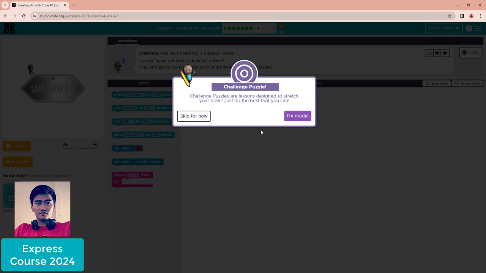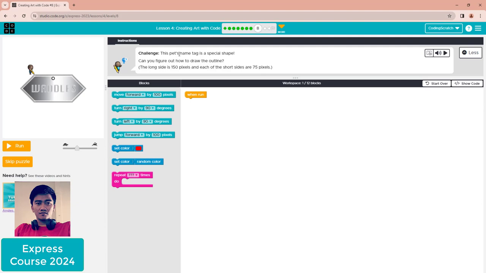Okay, this is the challenging puzzle. I'm ready. And this pet name takes a special shape. Can you figure out how to draw the outline? The long side is 150 pixel, and each of the short side are 75 pixel. So what you have to do for this, you have to draw it one by one. You cannot use the